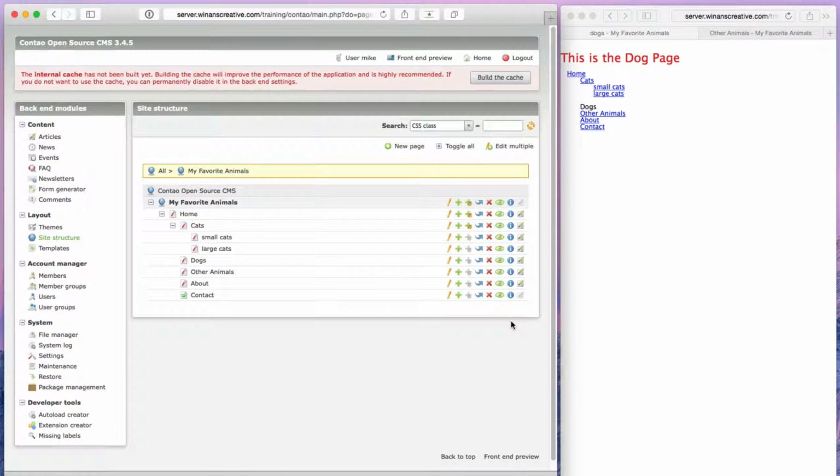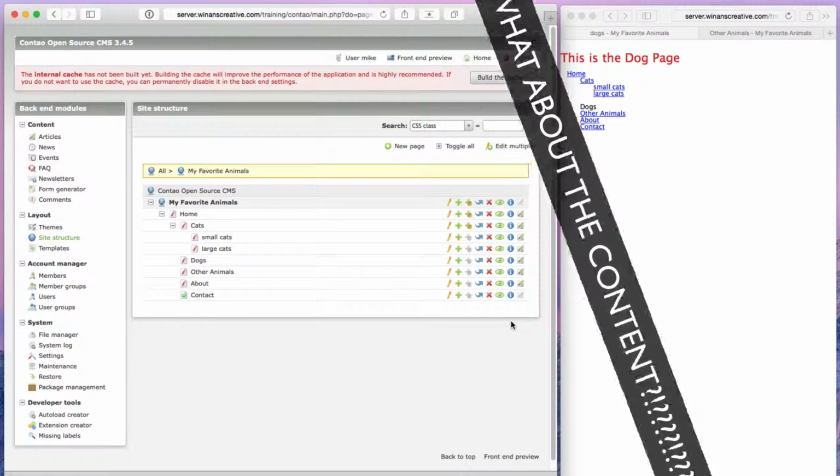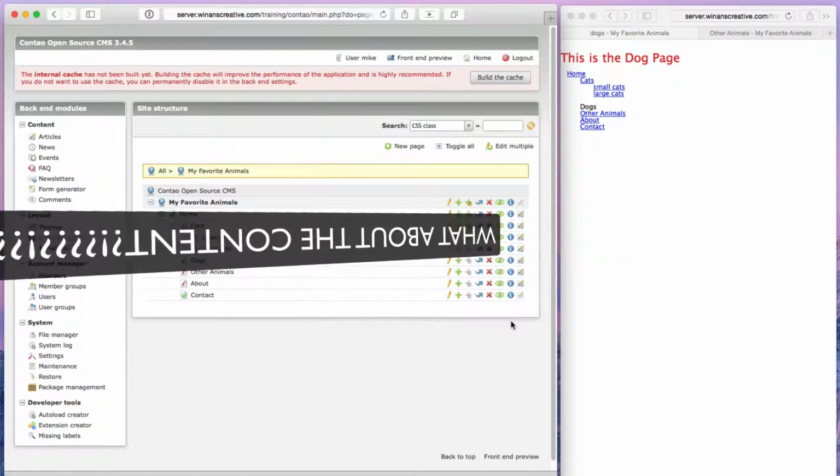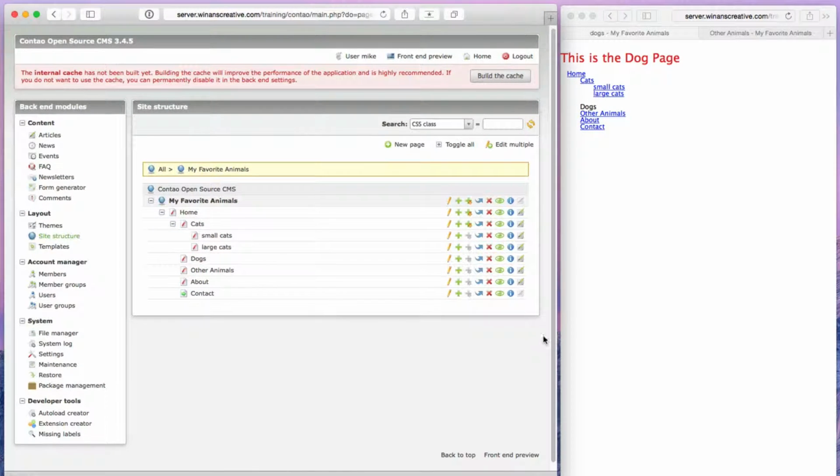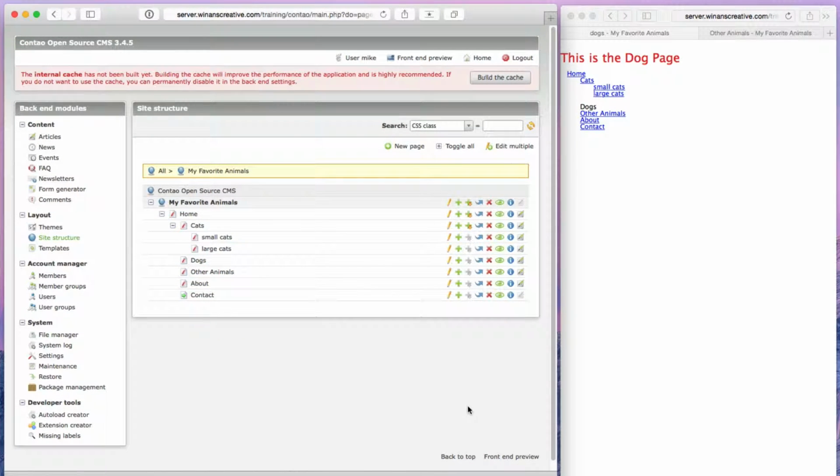At this point, you might be thinking, what about the content? We've got pages and all that, but aren't pages supposed to have stuff on them? That's right, they are, but you don't really deal with that in the site structure itself. That's in articles and modules and all the stuff we'll get to in other videos. The only thing besides the names and stuff that we went over, the only thing that you're really dealing with that has to do with what you're seeing on the front end in the site structure is